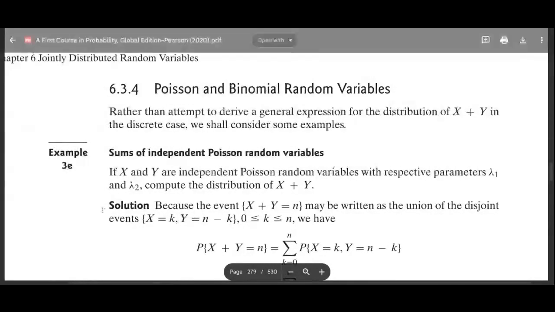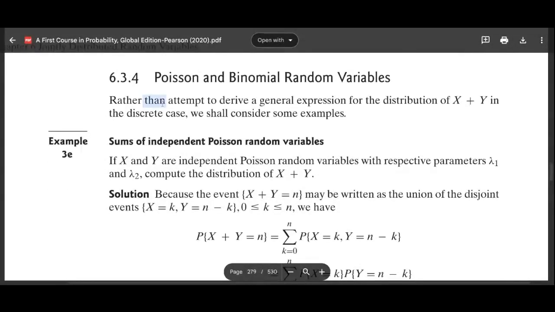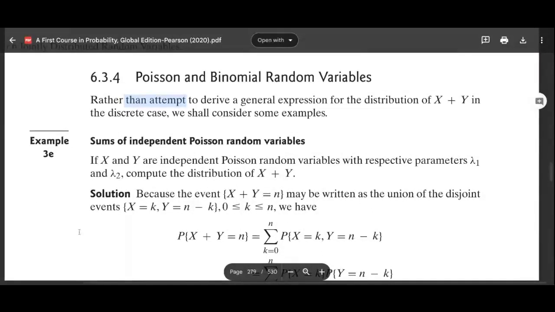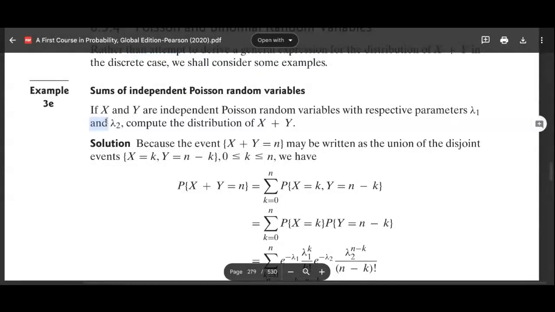Okay, Poisson and binomial random variables. Rather than attempt to derive a general expression for the convolution of X plus Y in the discrete case, we shall consider some examples. Let's see. Sums of independent Poisson random variables. If X and Y are independent Poisson random variables with respective parameters λ1 and λ2, compute the distribution